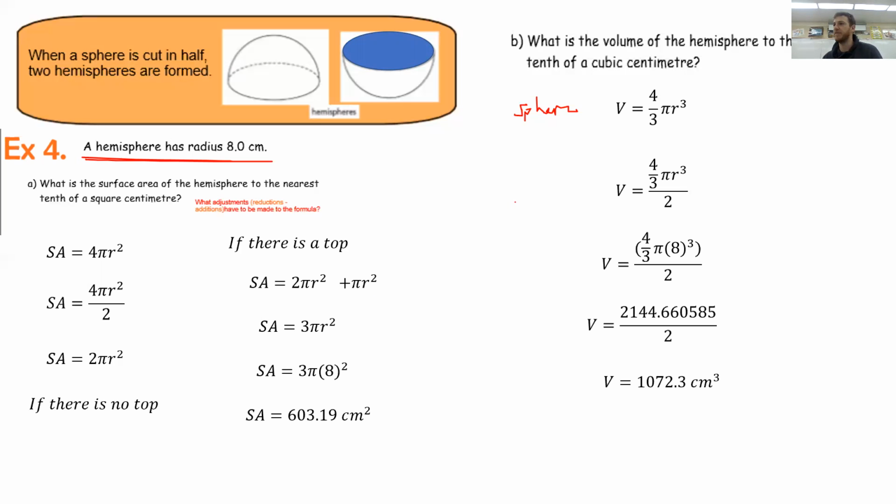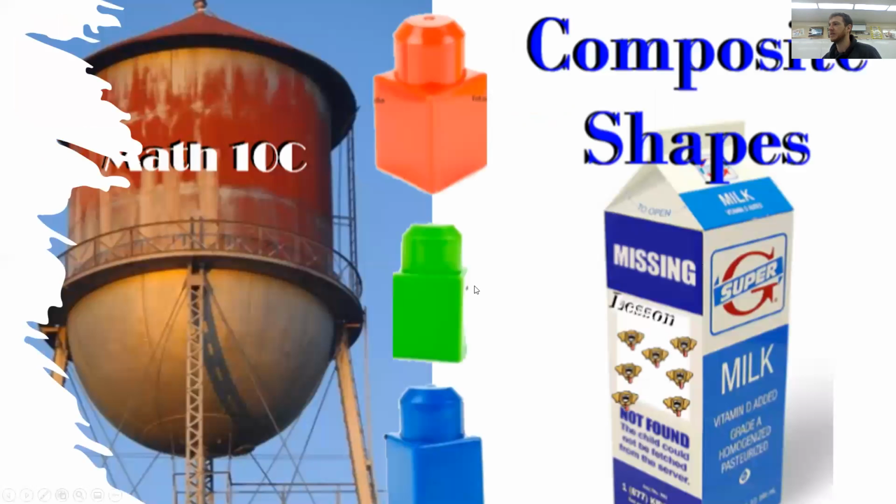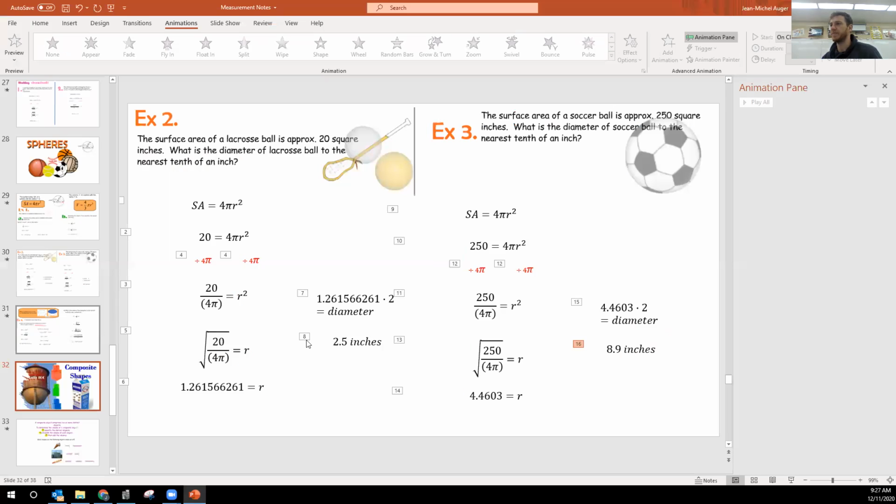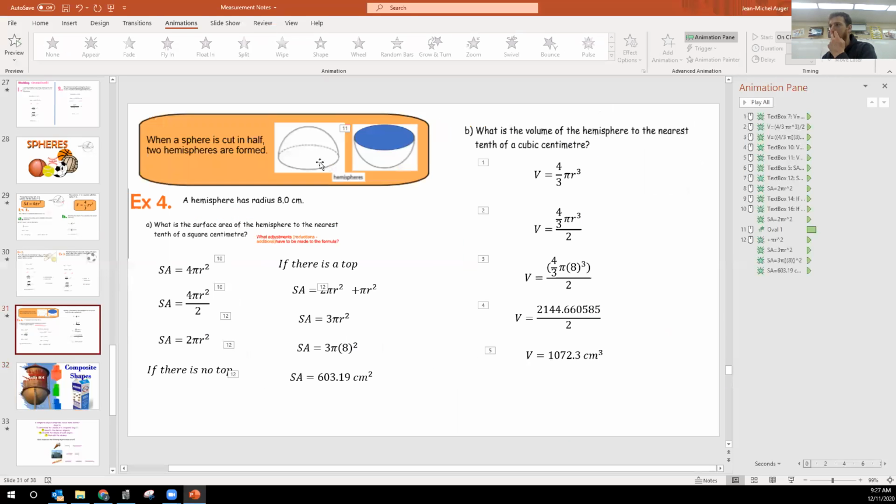Okay, let me fix these animations. Start on click, start on click, and then if all right, so